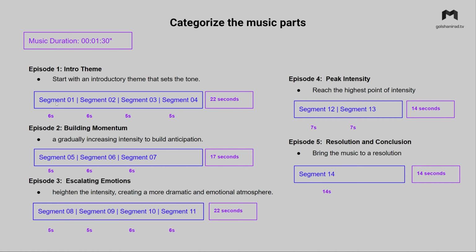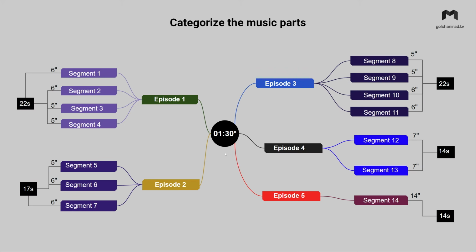And also each segment can be representative for your camera or your shot. You can call it shot 1, shot 2, 3, 4, or camera 1, 2, 3, 4. To make the story short, we have our 130-minute music, just break it into 5 episodes. Episode 1, 2, 3, 4, 5, and episode 1 is just 4 segments, and each segment has a different time and